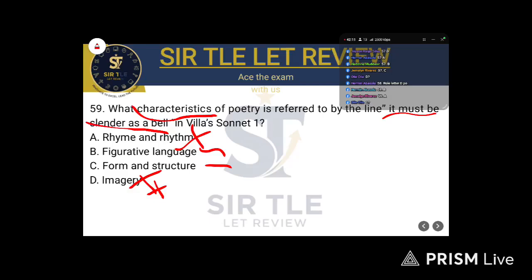Very good, Chair Oli. Letter C. Okay, thank you, Chair Oli. At least nagpa-participate si Chair Oli. And sa rest, Sir Jamalin, Sir Hermin, palaging nakikita ko sa ating live lecture na nagpa-participate. Nako, highly appreciated talaga mga chairs. Papasa kayo sa board exam. Promise.